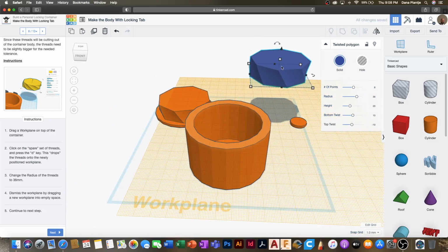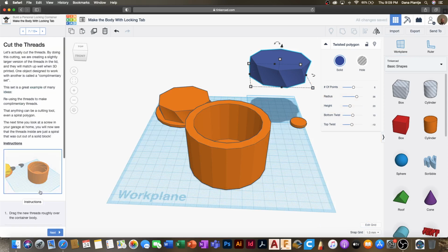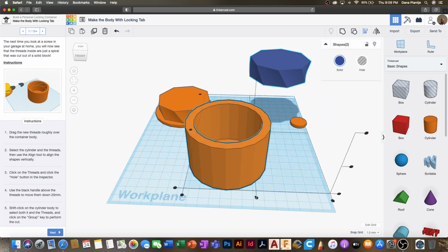So that'll make this a little bit larger for these threads to accept the lid. Okay, so now I'm going to dismiss the work plane. So again, I hit the W key. I'm just going to click away from my work plane, drops it back to the original location, and then it's going to look for me to center the threads with this cylinder,